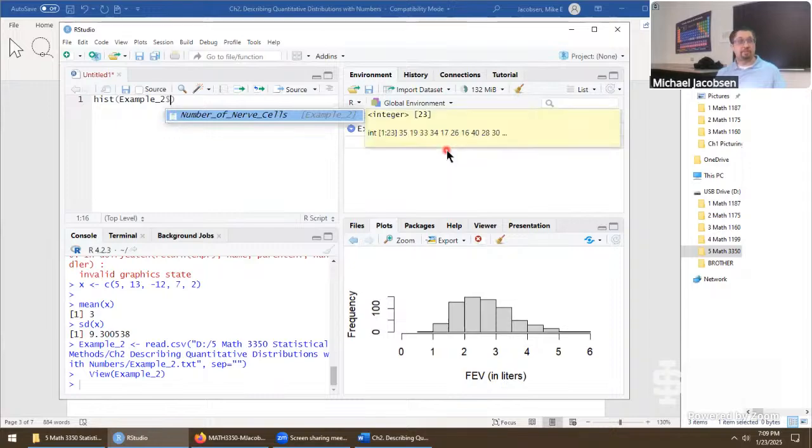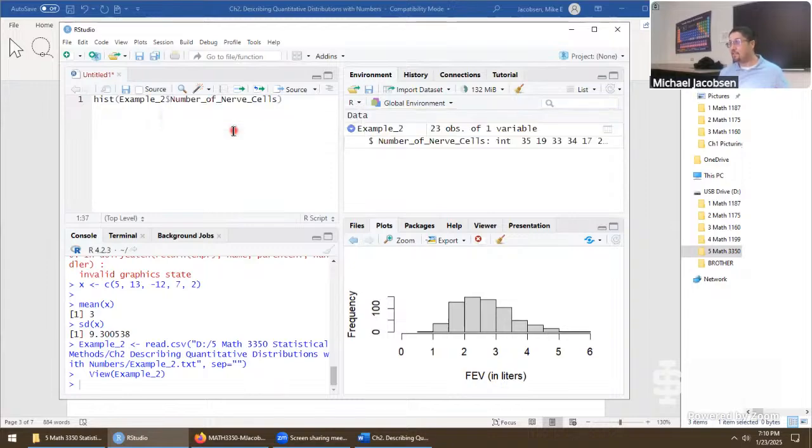So type in the dollar symbol, and here's a good case where you just want to hit enter. I would never want to type in all that stuff. Doing it that way just guarantees we have everything imported in the way we want it. Next thing I'll do is write xlab for the X label and just describe this as number of nerve cells. So that's probably how I would do it.